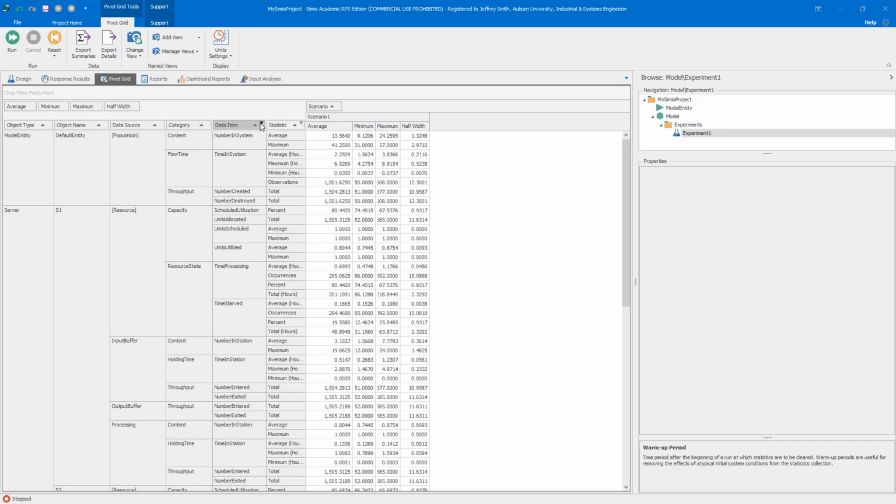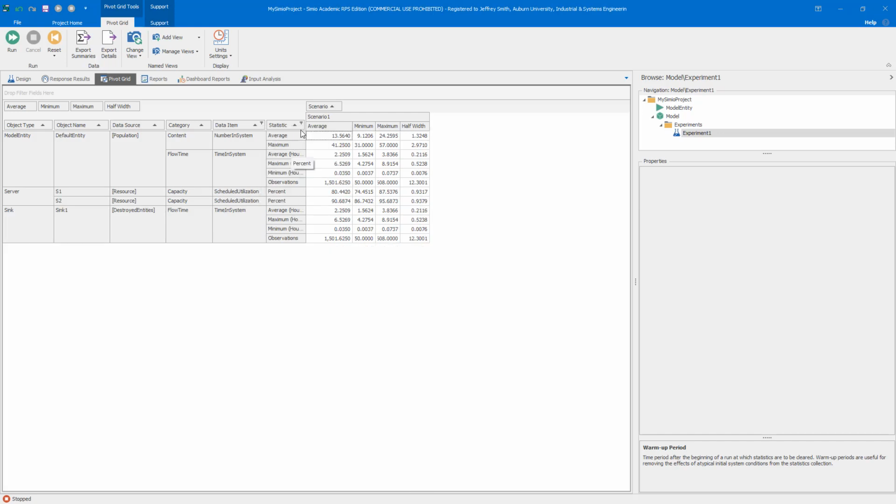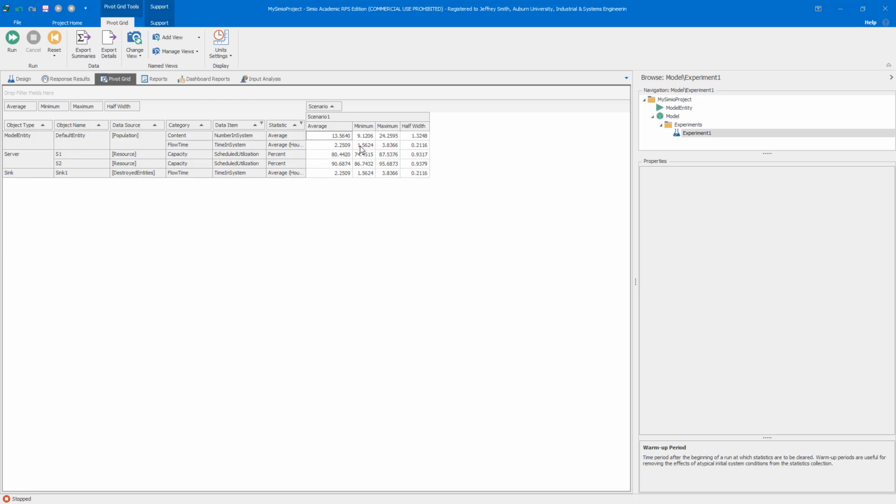So as we did before, let's filter this down to our statistics of interest. Oops, I just sorted that one. So let me just click on the filter button there, and I want to have the scheduled utilization, number in system, and time in system. And I want the average hours, and then percent. So now you can see that when we've replicated, we're much closer to our expected value of 13, 2.26, while